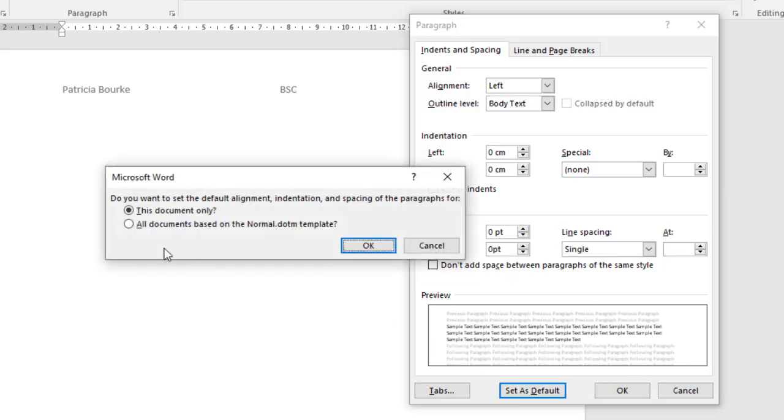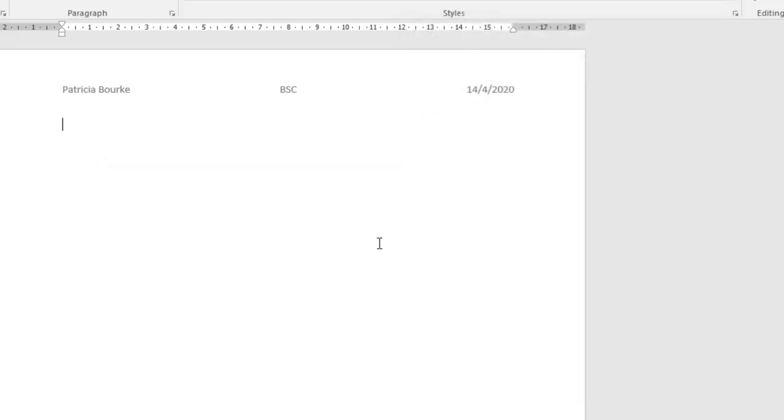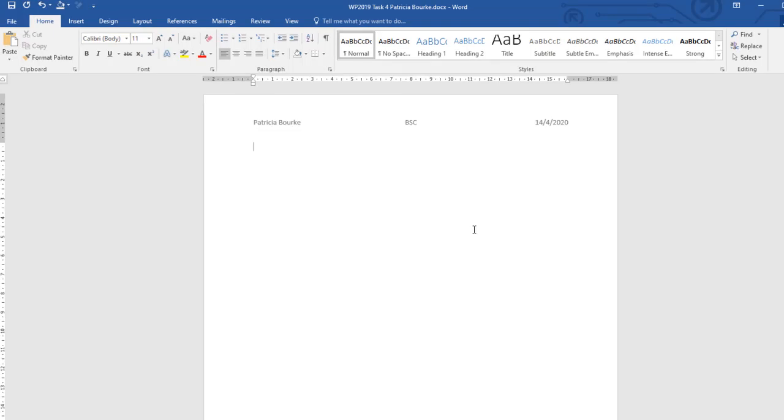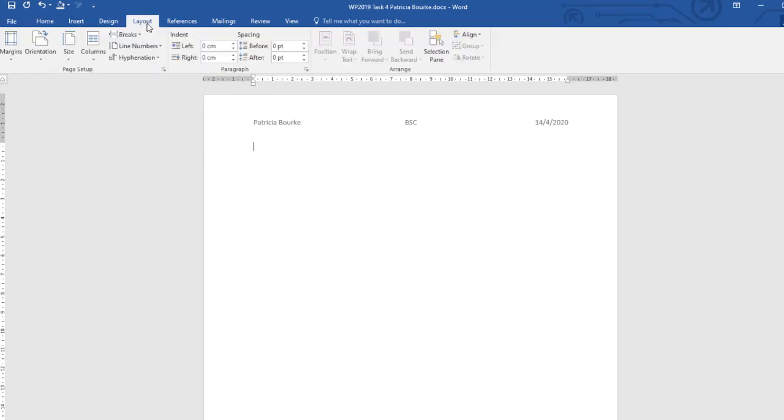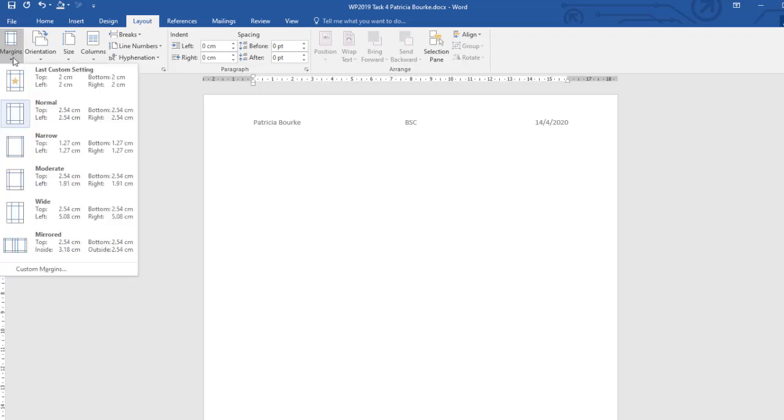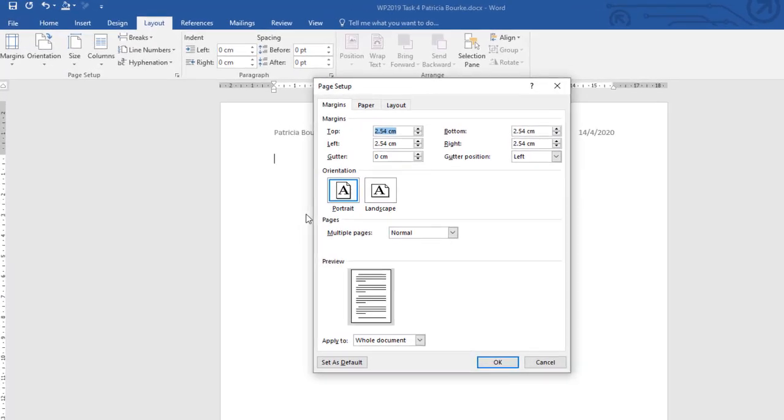Then go to click Set as Default and choose the second one, all documents based on the normal template, and do OK. From now on it means that all your documents will be single spaced. So the first thing you have to do is fix the margins. So you go to Layout and Margins, and you want 1.7 all around,